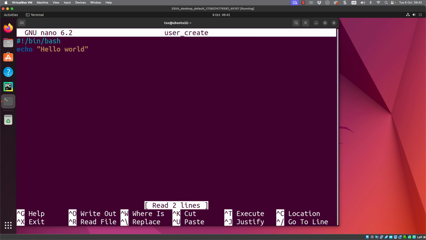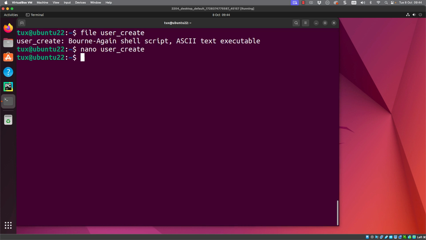But also, the shebang is giving me the syntax highlighting. So using the shebang by itself will act as a guiding light for both the command line and the file command, as well as your editors, to be able to determine how the syntax highlighting should be shown.